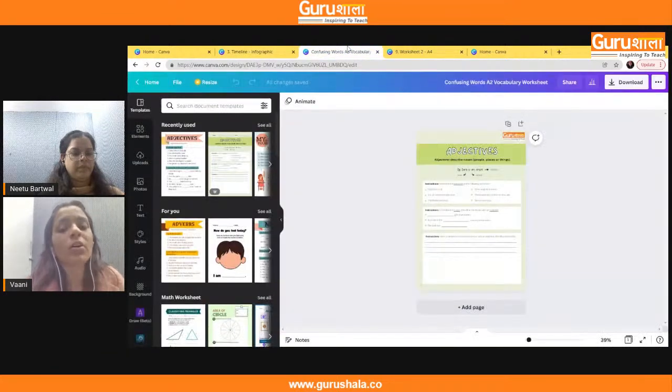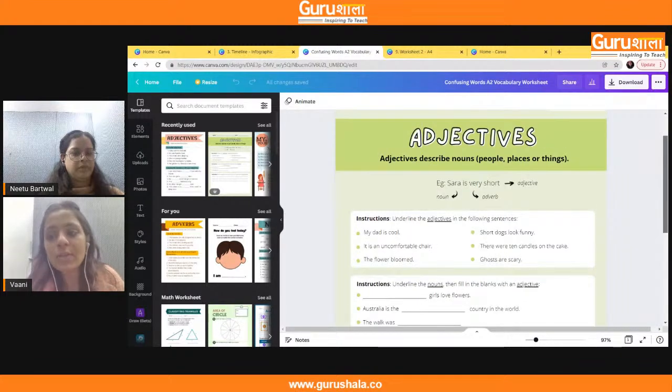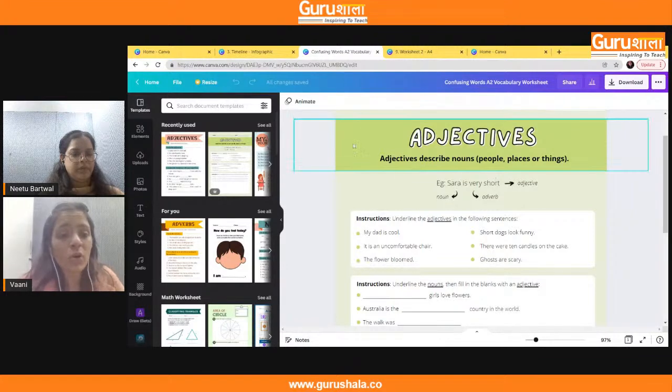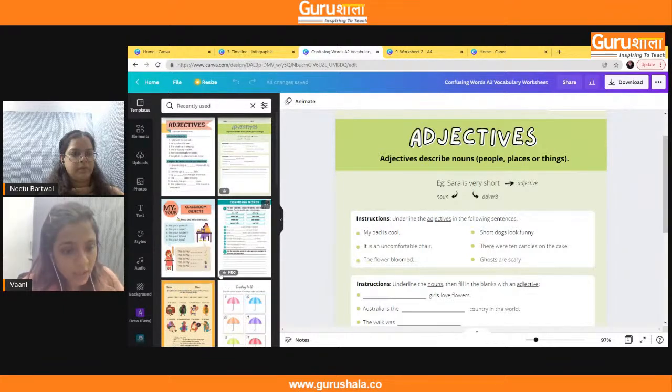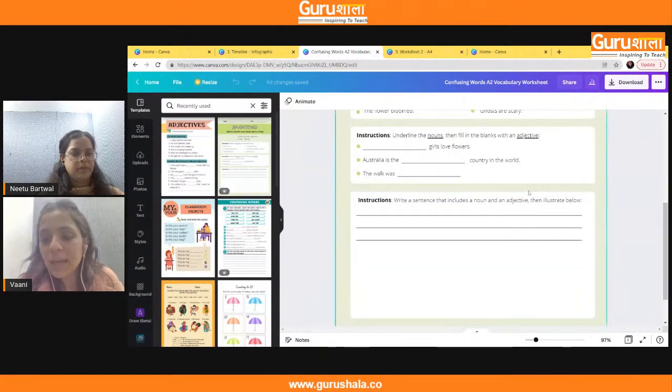The second type of content that you can see here is a worksheet. So Canva can also be used to create worksheets. As you can see, this is a worksheet that is made on the topic of adjectives. This is an English worksheet. So if you want to create a worksheet on Canva, you can do that with all these templates that are available to you. The one with the crown at the bottom is the pro one, but you also have many free templates that the teachers can use to make worksheets for their students. As you can see, teachers, they have also made blanks here. So these are templates that you can make edits on.